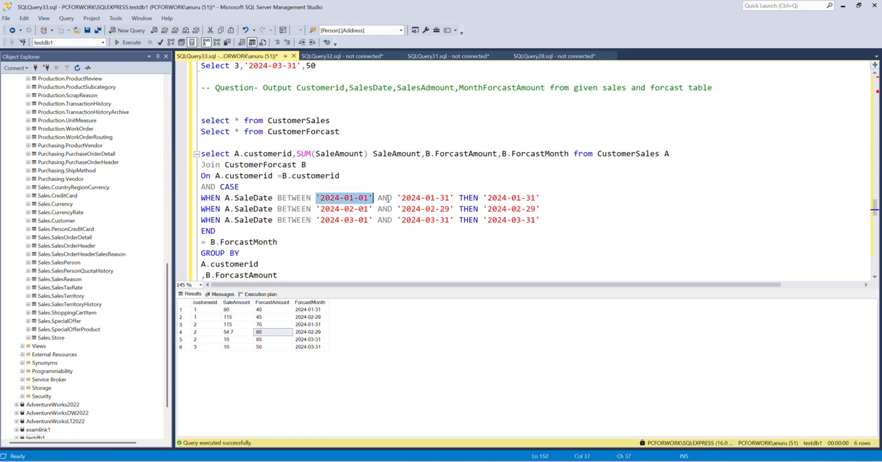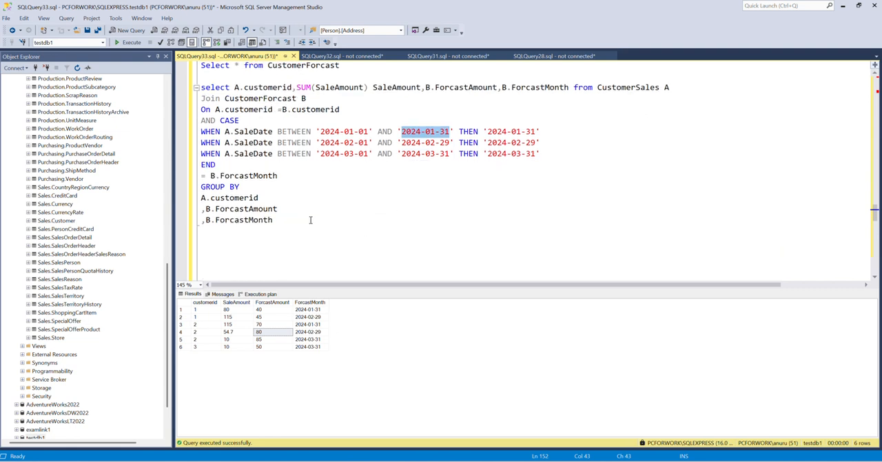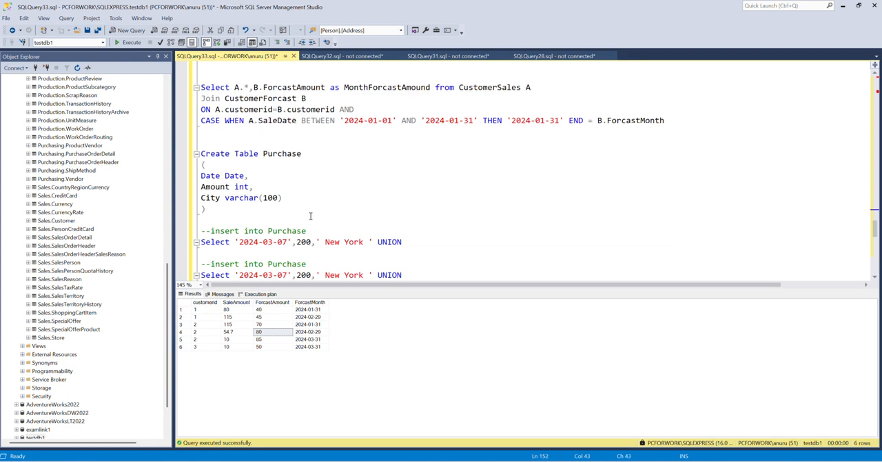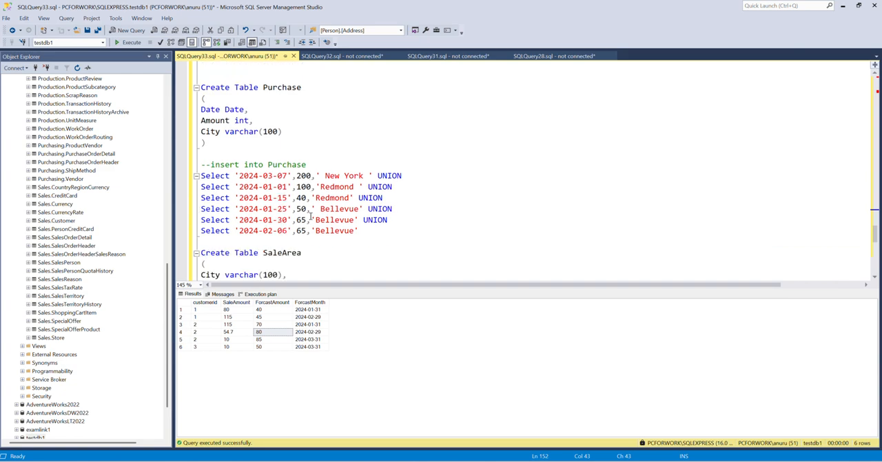Then you can give this range as in the quarter dates, like from January to March 31st. The same query will work for the quarters as well, and the same can work for different fiscal years if you have more than one year of data. That's how we can solve the date range problem. Okay, then